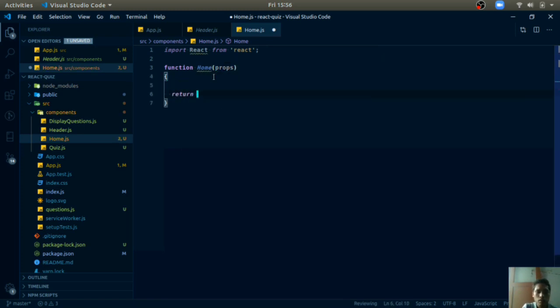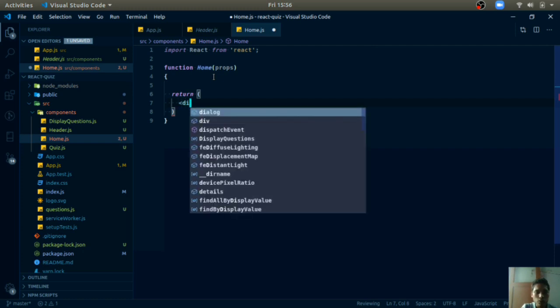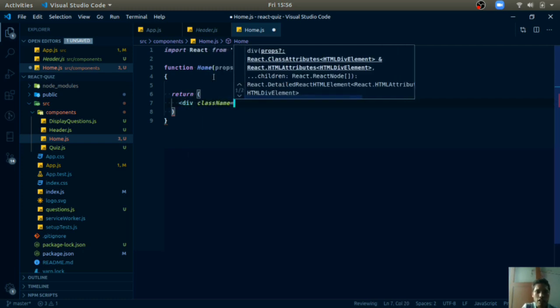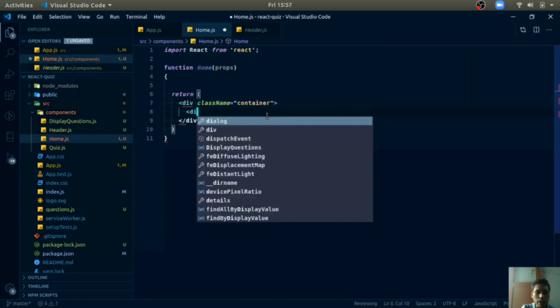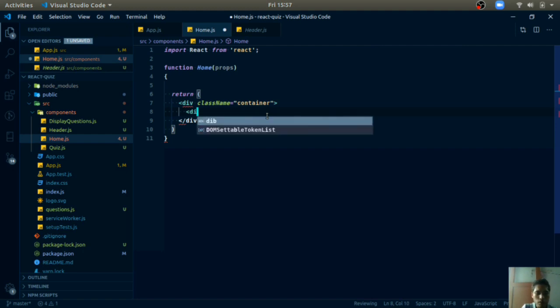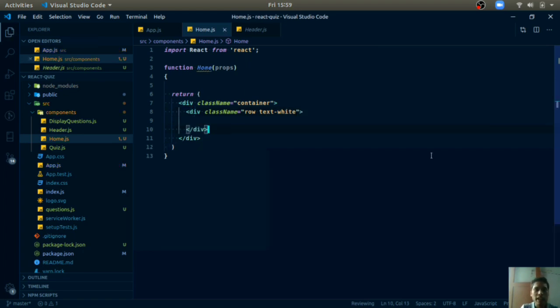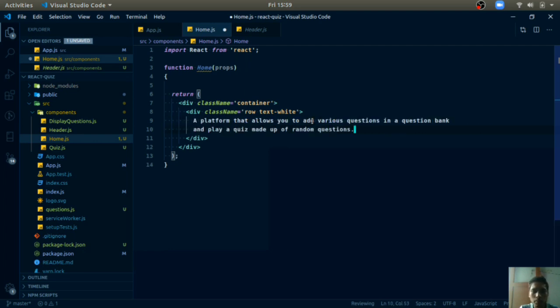Return div className equals container, div className equals text-white and row, and add any description of your page here. I have just a description, so I will copy that and paste.